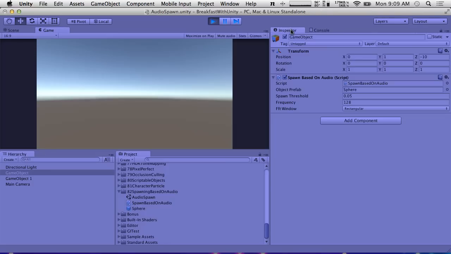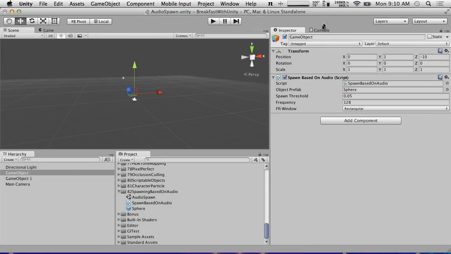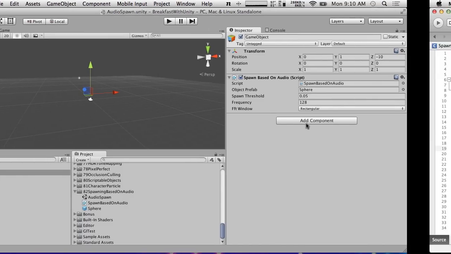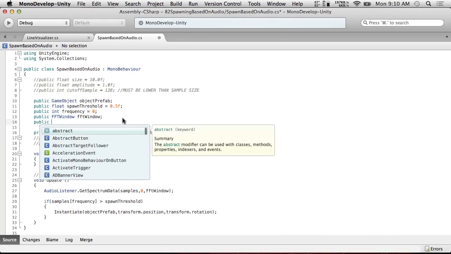Maybe we should actually output the values that we're getting in some way. You know, I'm going to do it. So we could just have it output to console. I'm going to use another little trick. Since we have these values here that we can see, one of the little tricks you can do is you can just create a public float